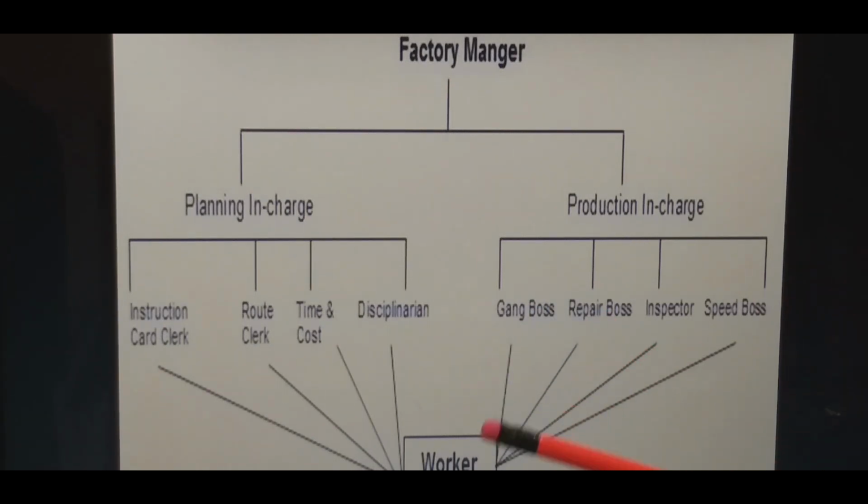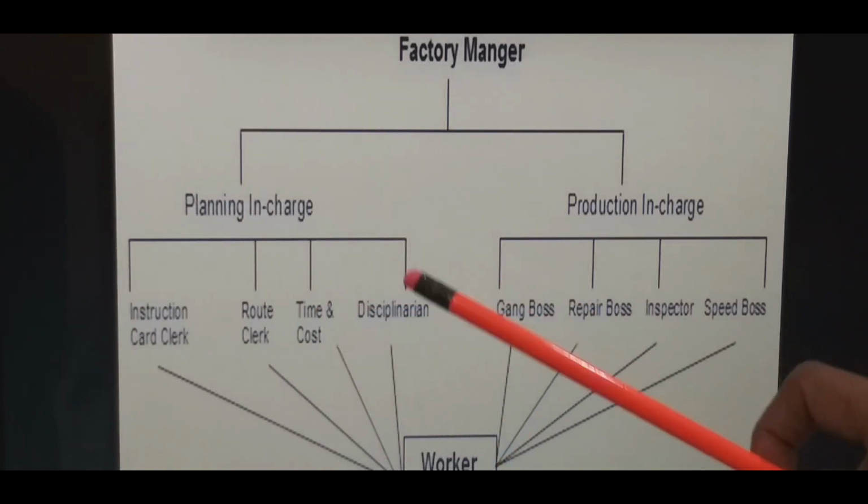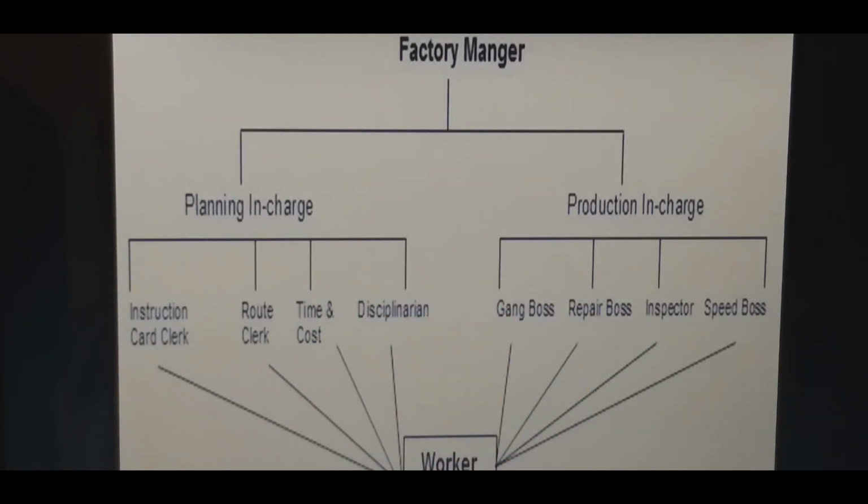This technique, we can say, is an extension of division of work being given by Fayol, where he also stressed upon the division of work being done. Here also you can see that the work is divided among different foremen. But this technique is just against the principle of unity of command being given by Fayol. Because under unity of command, Fayol said that each and every subordinate should receive orders from only one superior. But in this case, you can find that each and every subordinate is receiving orders from 8 foremen. He is working under the guidance and supervision of 8 foremen. So the unity of command principle is being violated here.